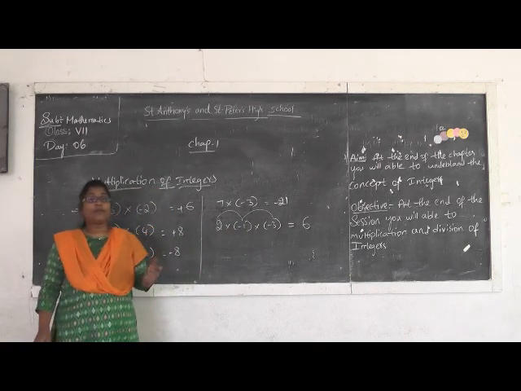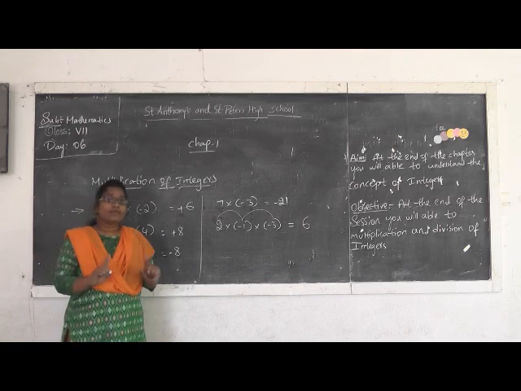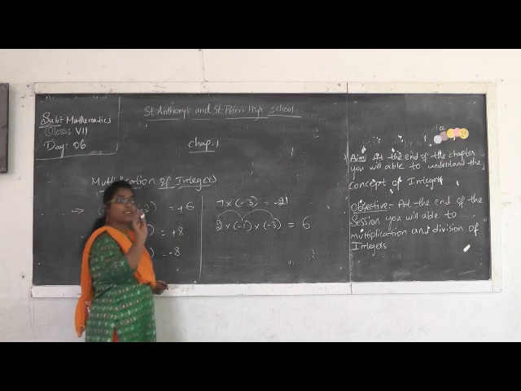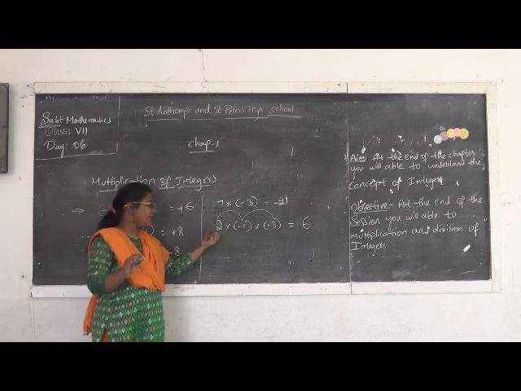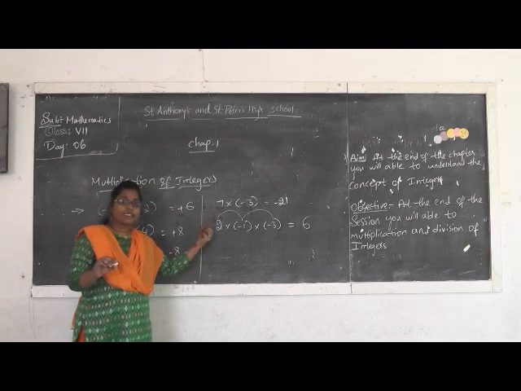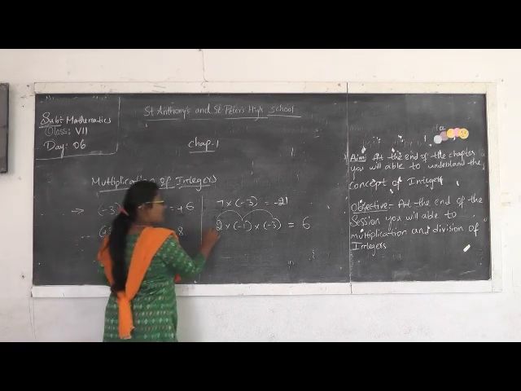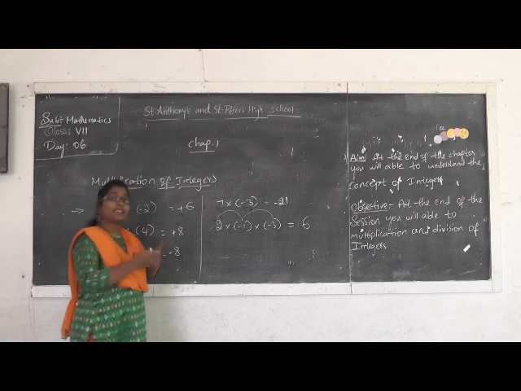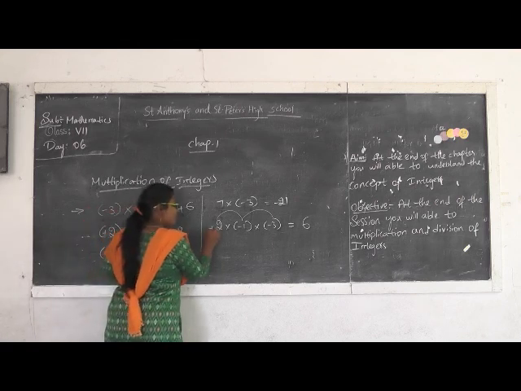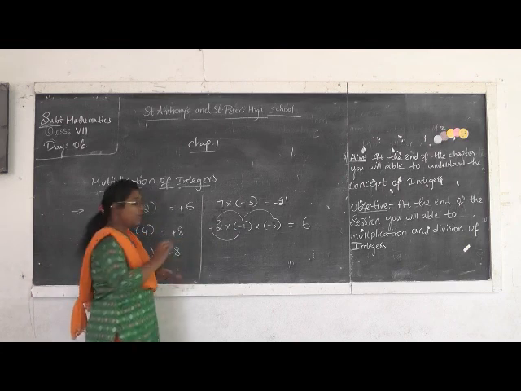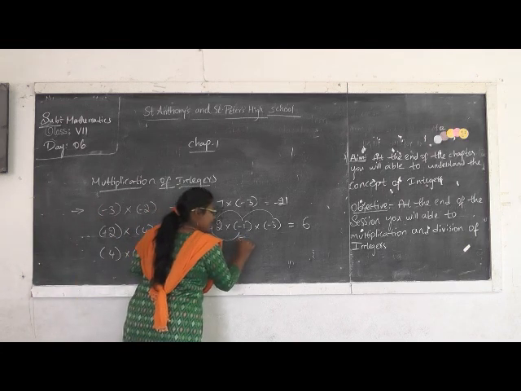Next step, what do we have to do? We should simplify the symbols also. Now here 2 is a positive integer. I told you yesterday, if before any numerical value no symbol is written, we have to assume it as a positive integer. So here 2 is a positive integer. Now simplify the symbols. Here one is positive, one is negative. What is the result? Both are unlike symbols, right? That is nothing but minus.